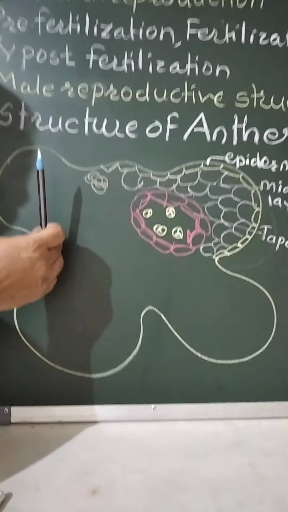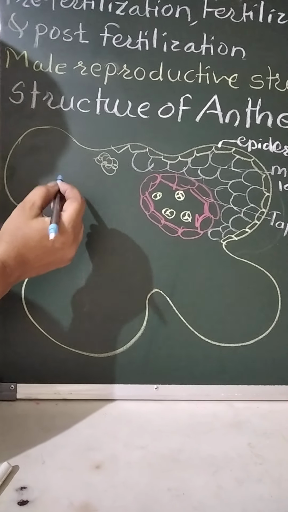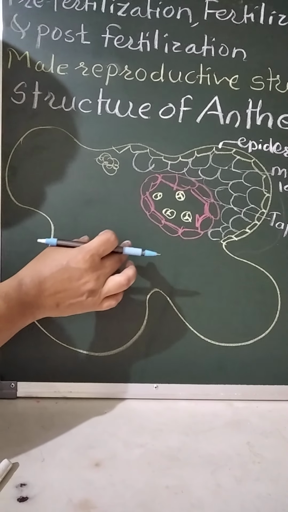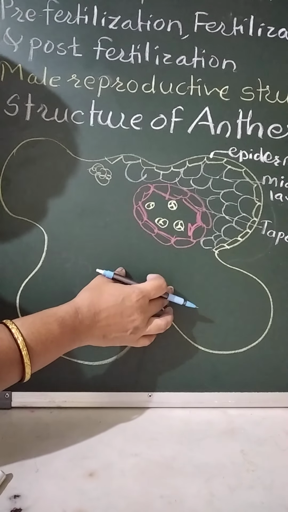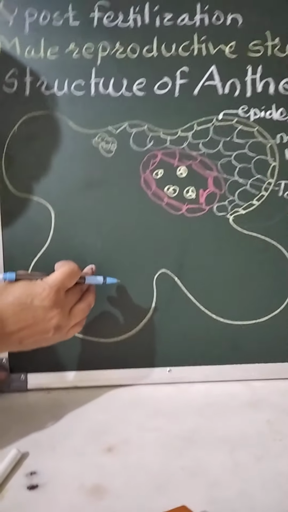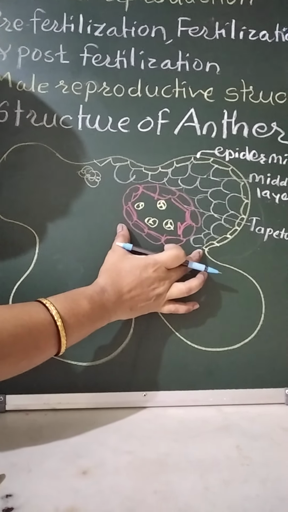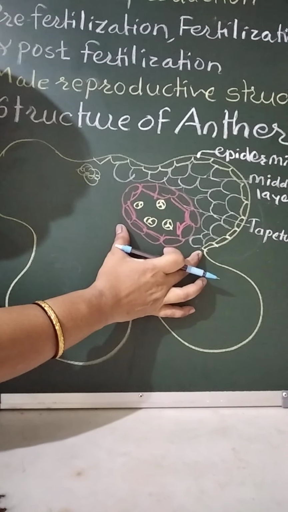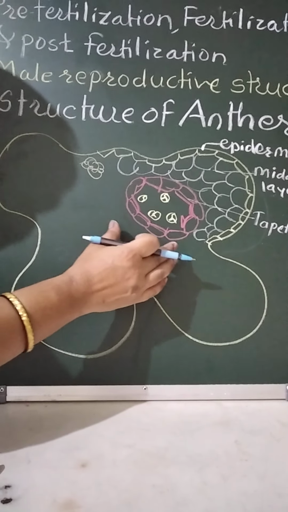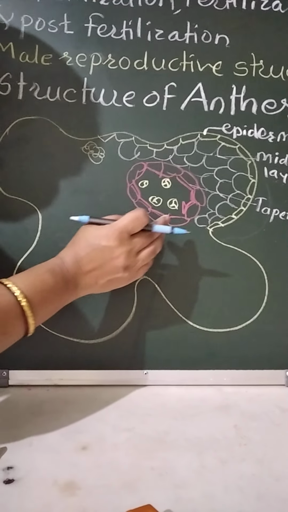See first the details in the diagram. If we cut this anther, we see two compartments, so it is dithecous, and each one shows two chambers. So a total of 4 chambers are present in a generally dithecous anther. In the first part only we will see the details of the structure in one chamber, that is how pollen grain formation takes place, or what is the structure of the anther inside.